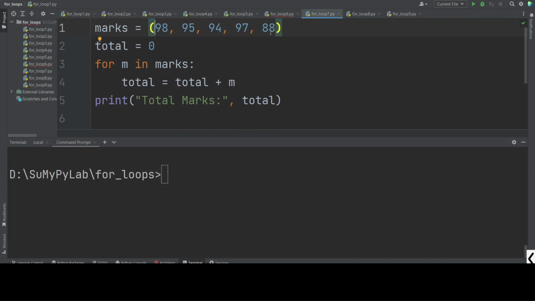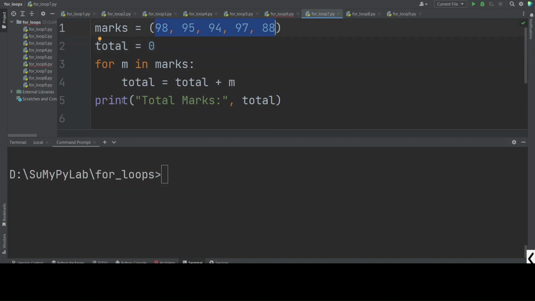Now we want to find out the total marks obtained by this candidate. So we have used another variable total, and initially total is 0, and now we are writing a for loop to access these marks one by one and adding these marks to the variable total. So at the end of the loop, total will hold the total of these